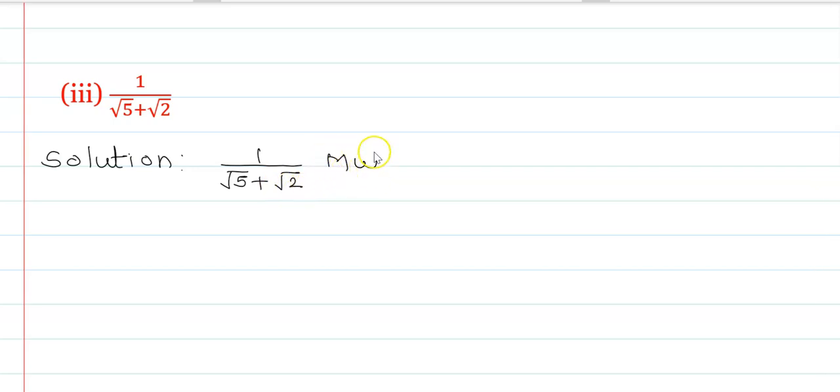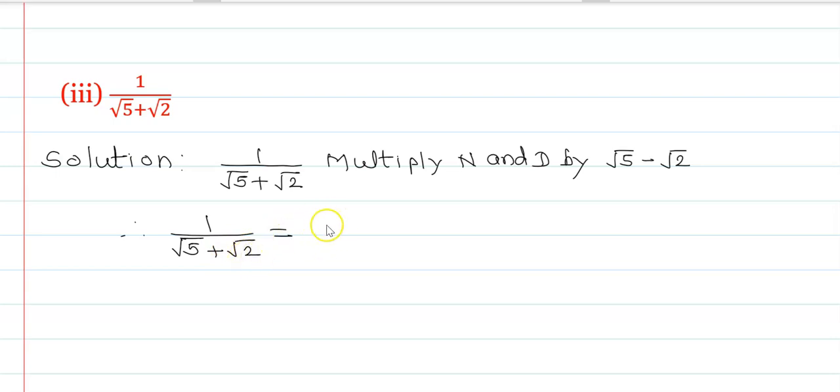Here again multiply N and D, numerator and the denominator, by the conjugate part of root 5 plus root 2, which is root 5 minus root 2, and therefore 1 upon root 5 plus root 2 equals 1 upon root of 5 plus root 2 into its conjugate part root 5 minus root 2 upon root of 5 minus root 2, and their multiplication, 1 into root of 5 minus root 2, that equals